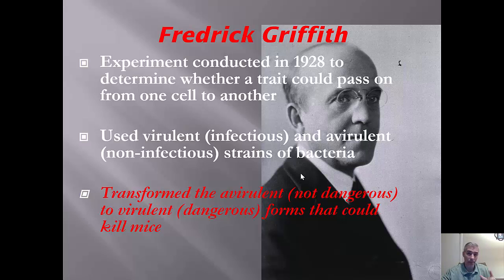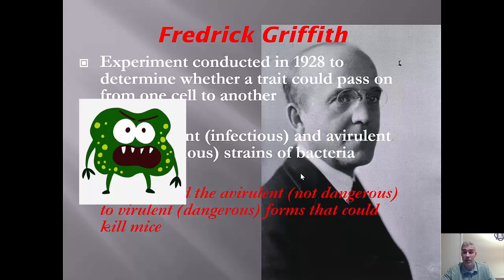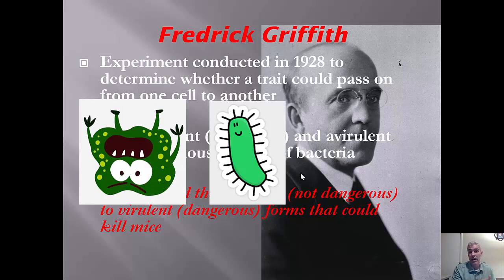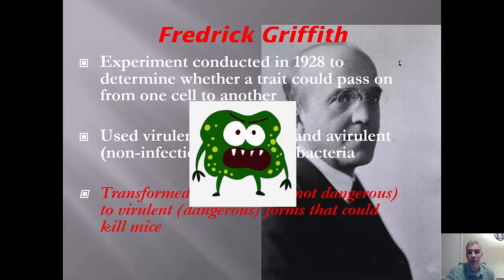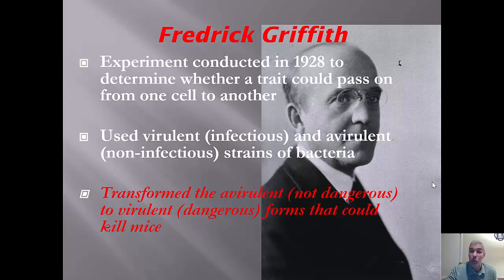Now, before I discuss Griffith's experiment, I want to explain something to you that bacteria do that's unique, that they didn't really know about then. Bacteria can pick up little pieces of DNA from their environment. So they don't have to sexually reproduce to pass genes from one to another, or even have mutations. They can simply, once one bacteria dies, sometimes its DNA ends up in the environment. Bacteria can pick that up and actually gain the traits of the bacteria that died next to it. So it's important to understand how this actually worked.